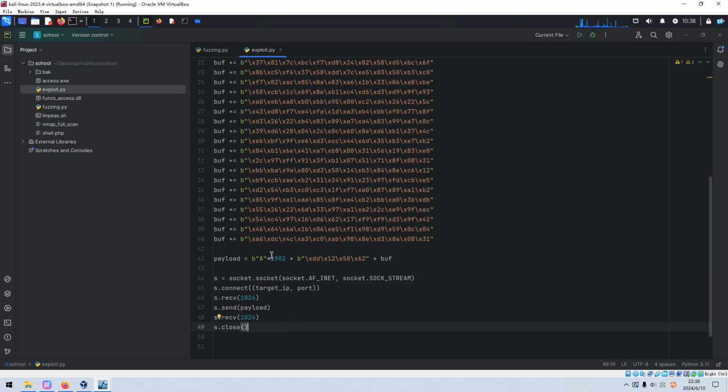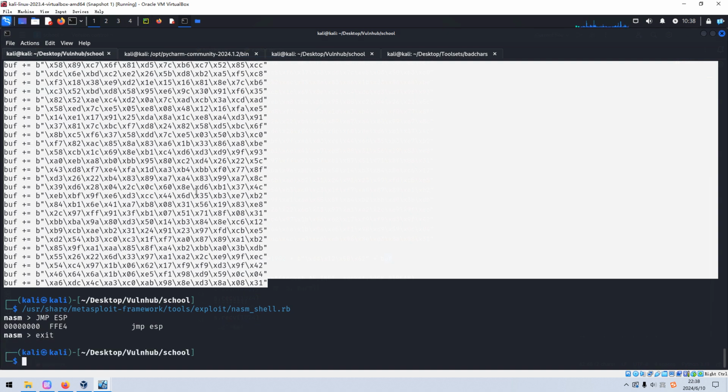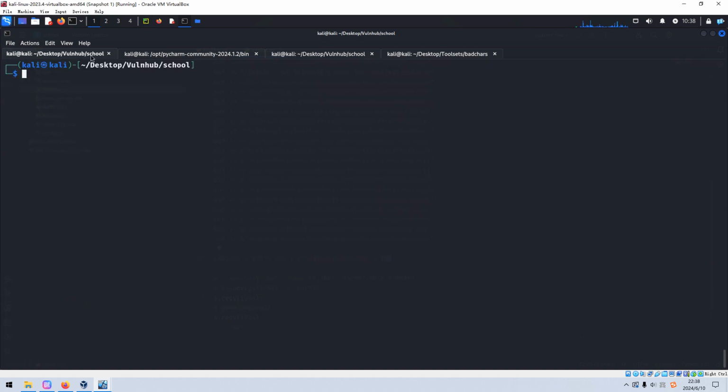We have already got everything we want, like the offset, the EIP address, and the address which should be filled into the EIP to point to the ESP, or jump ESP, and then the shellcode will be executed. So we can save, and now we can run the Python exploit.